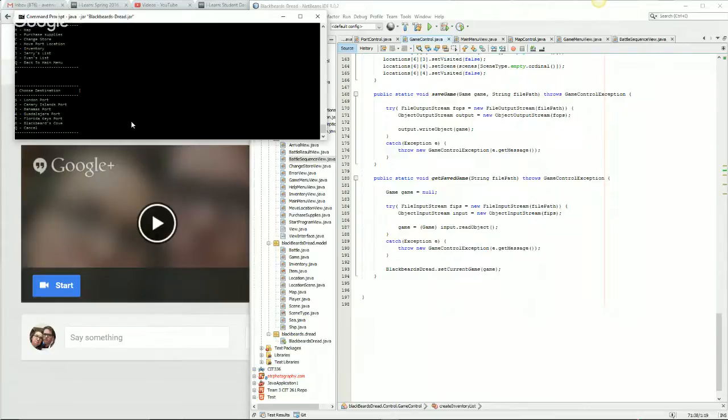So let's go fight Blackbeard. Hit yes. So it says you have entered Blackbeard's code to challenge him and his most feared pirate. All right, we're going to fire. And if you look, he took 120 health. If you had tried that your first time, you would have just been toast instantly from one hit. So we're going to fire, fire, fire,